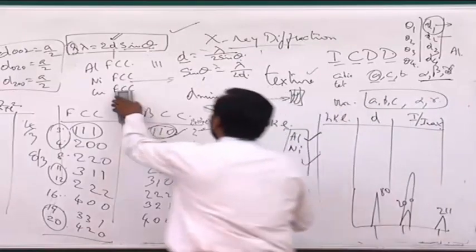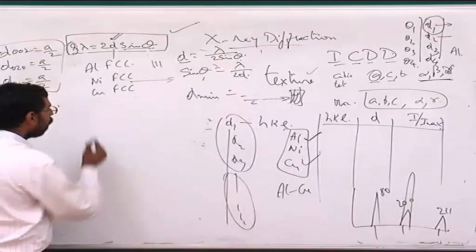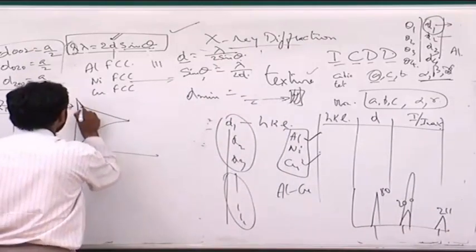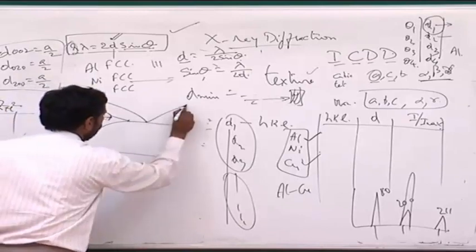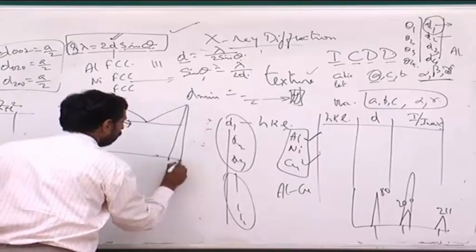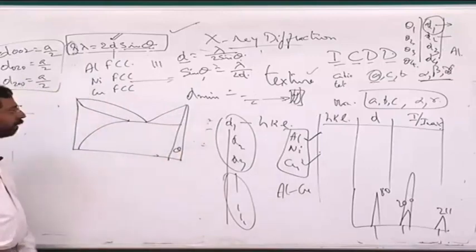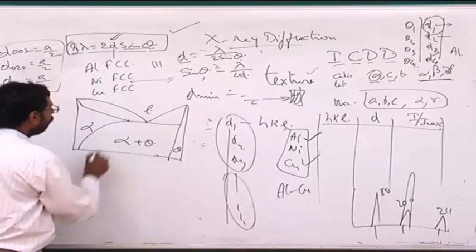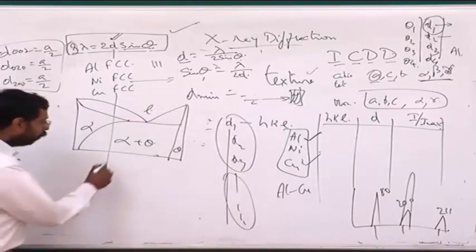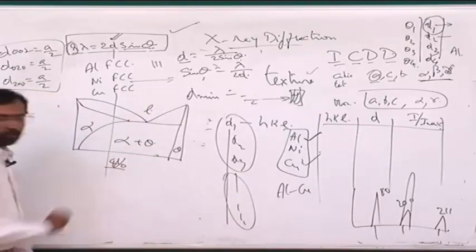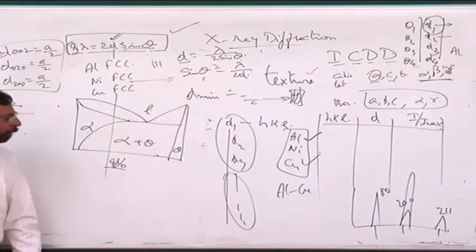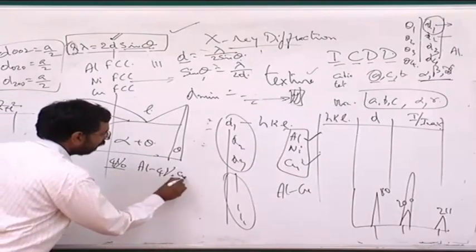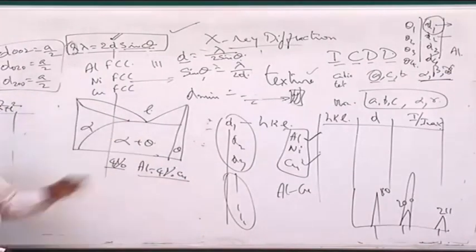If you look at the phase diagram of aluminum copper, it looks like this. On the aluminum rich side, there is a phase called theta. This is a eutectic where liquid gives you alpha plus theta. So if I take an alloy of this composition, usually the most popular aluminum copper alloy is 4% duralumin. All of you must have heard of it. So aluminum 4% copper alloy is a standard aircraft alloy. The whole body of the aircraft is made with that.